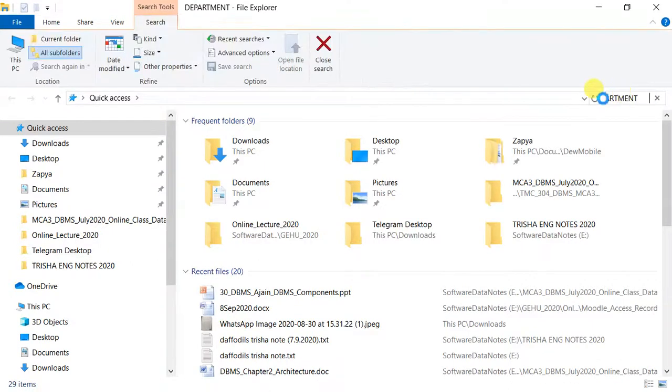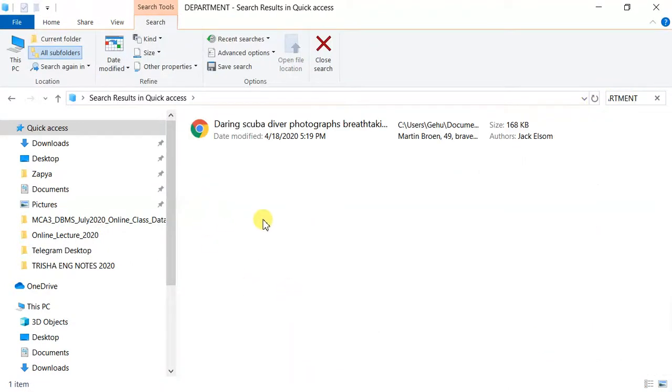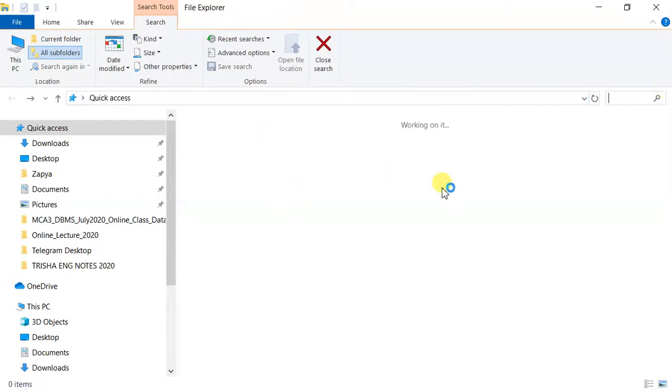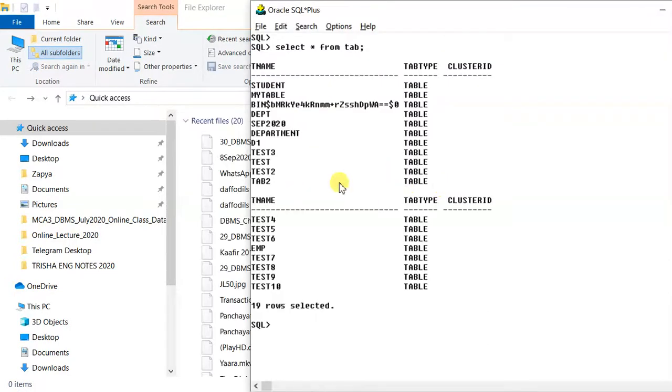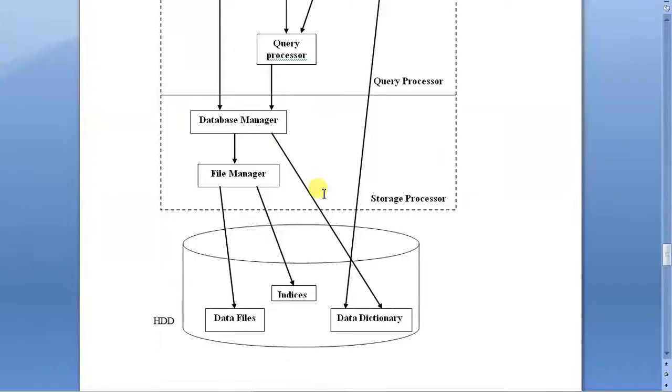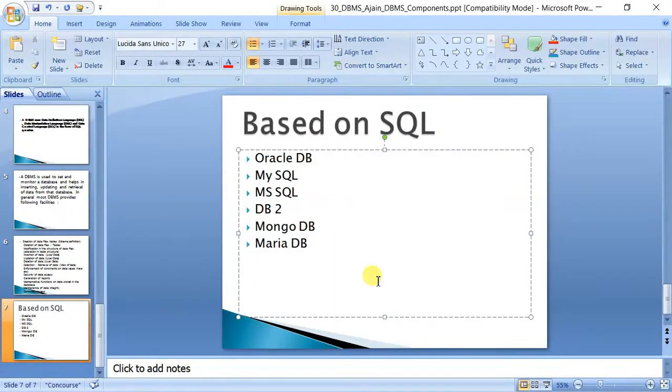If you try to find anything related to department in this computer, you will not find it. What I mean to say is that the DBMS internally stores tables in a different way, and you will not be able to see them at the operating system level. Now, what is the meaning of this operating system level? Let us come to it. It is very important.